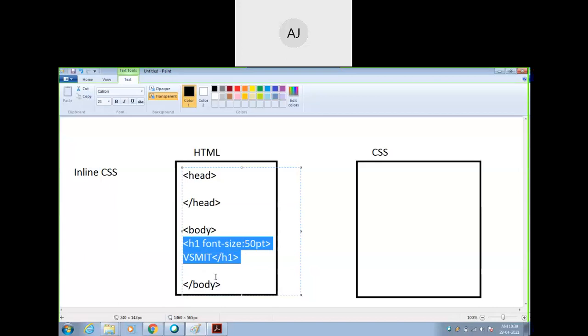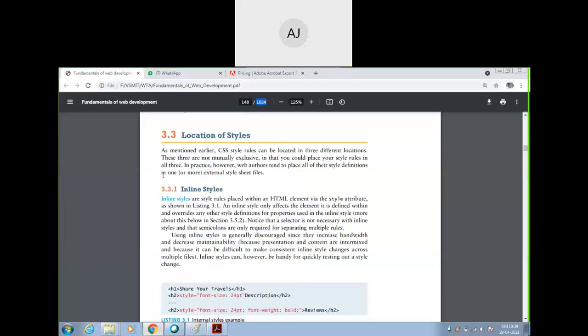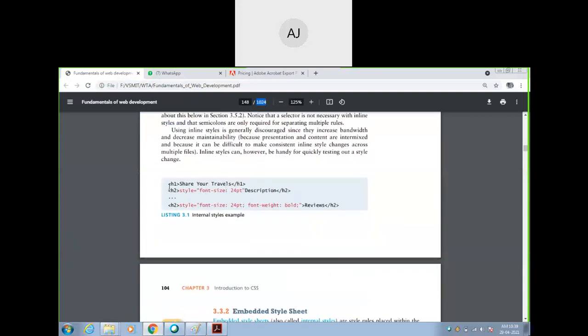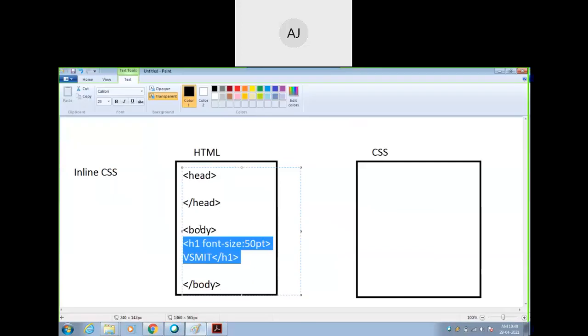So this is called inline CSS. The first level of CSS is inline style sheets. See here, he has given one example. H1 share your travels, H2 style. So you have to use the style tag there. Sorry, I forgot this. I have to give here H1 style. The style keyword tells the compiler that you are using inline CSS.